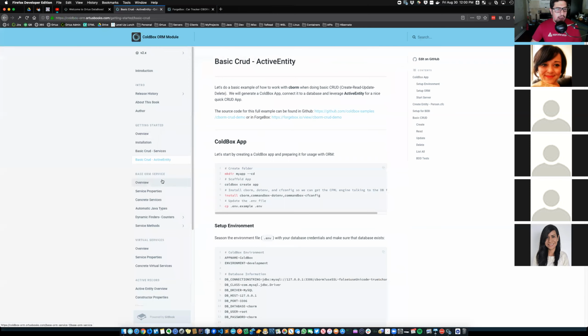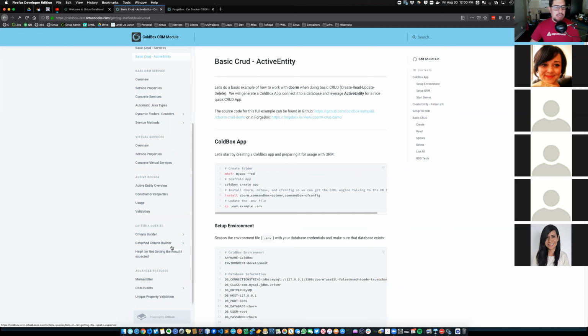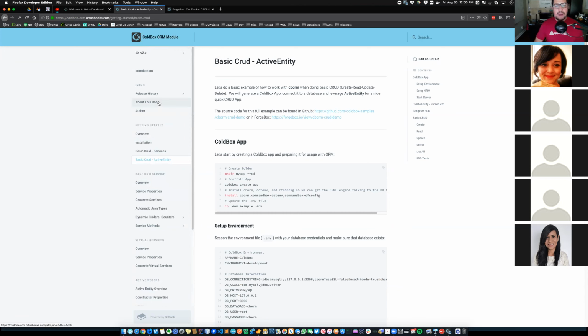We've also added all the different documentation types for criteria builders that didn't exist before, the mementifier, and even property validation. So everything is documented now, in a different approach than we had in different years. Okay, and